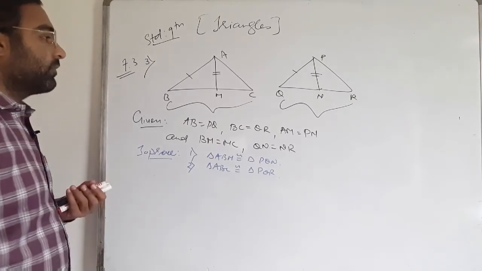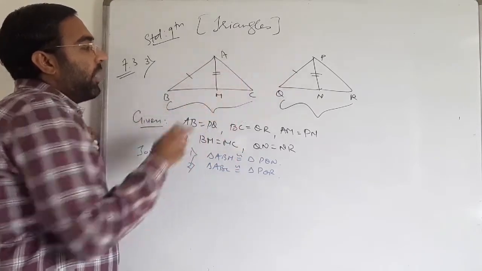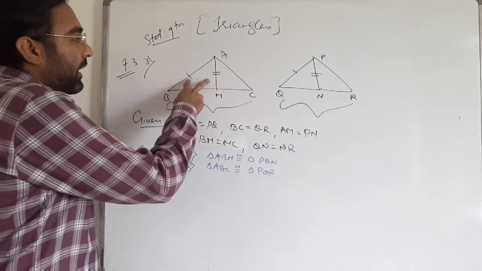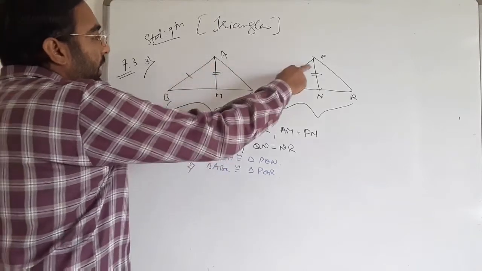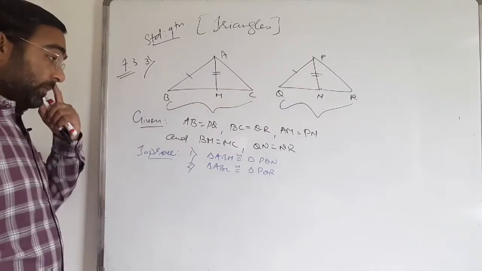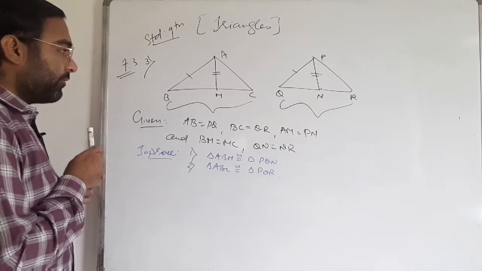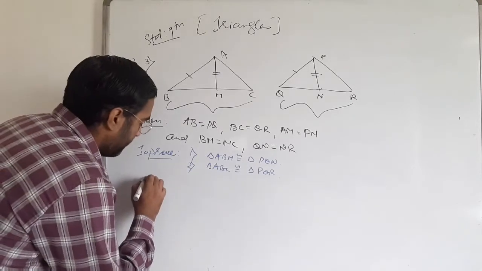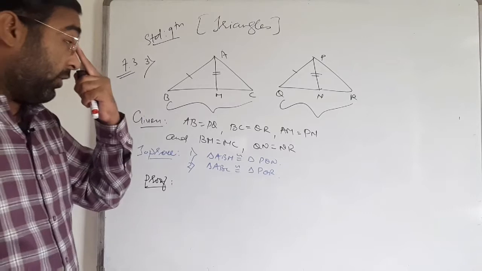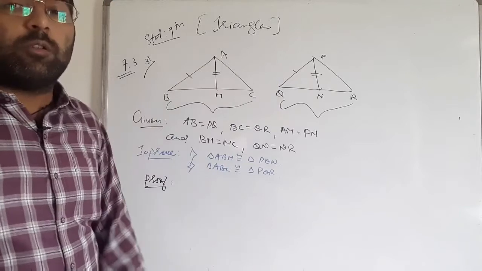So first of all, for ABM and PQN, at least I need one angle between two sides. Okay, that is this angle, and in PQR this angle. Okay, so if it is not possible to contain these two angles, then we need